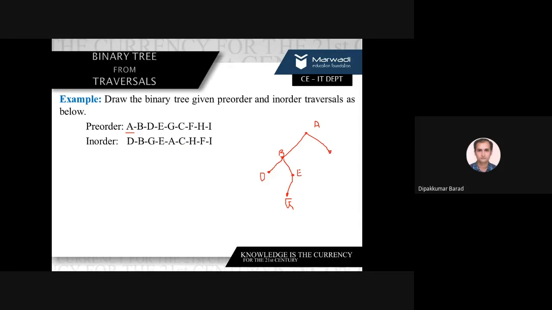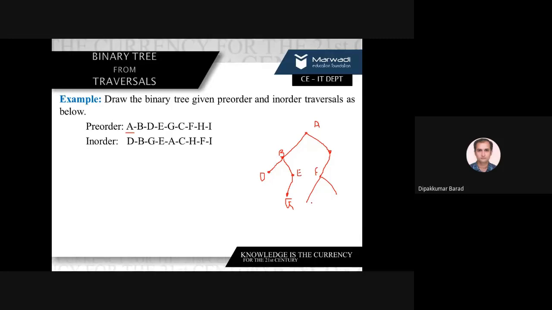If we consider it roots, then F is left child. Okay. Now in this in order, there is an H which is on left of F and I is on right of F. So I get in this manner